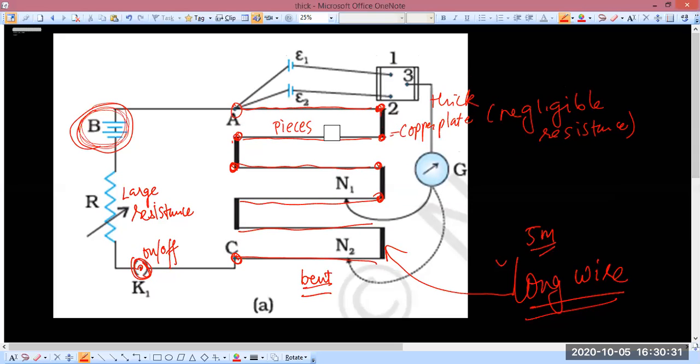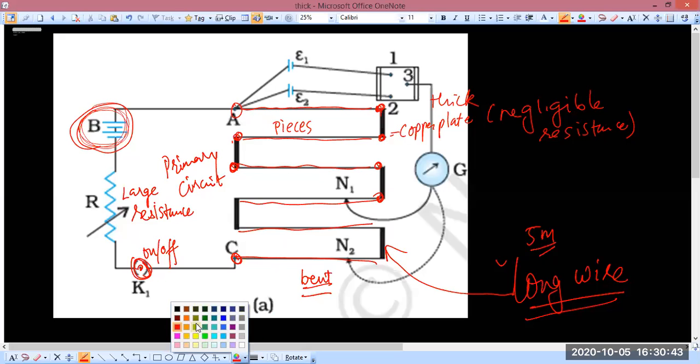This is the common part. This much was the primary, right? This much is the primary circuit, right? So far we have talked about the primary circuit. Now what else is there? Let's see. So now I'm going to mark the secondary circuit in green. All right? Okay, from here you see,